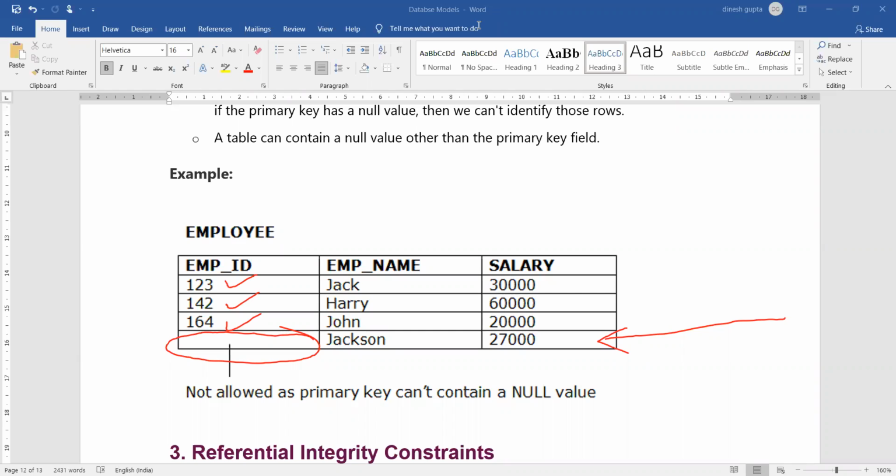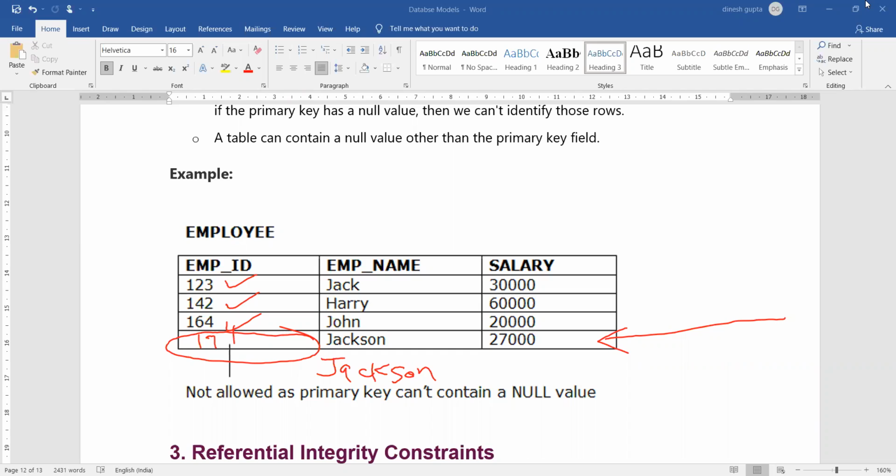अगर मुझे जैक्सन की एंट्री को यूनिकली आइडेंटिफाई करना है तो मैं कैसे करूंगा, क्योंकि उसका एम्प्लॉय आईडी ही नहीं दिया है. तो आप बोलेंगे कि भाई एम्प्लॉय नेम जैक्सन से भी तो पता चल सकता है, लेकिन we can have multiple entries for Jackson which will make it confusing. But if I assign an ID here, then there will be no problem, as I can identify that this particular Jackson has an employee ID of 174.